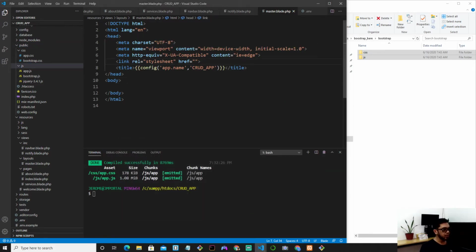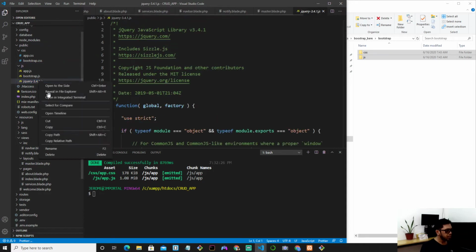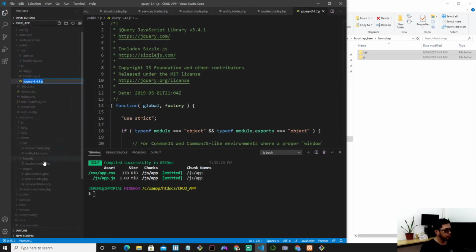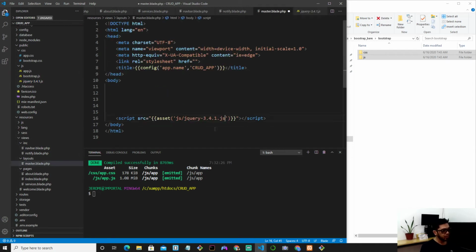The way we do that in Laravel is something like this. It's supposed to be asset, and then the link of the file, so css/bootstrap.css. We're going to do the same thing for the JavaScript. Over here we say script, and the source file should be something like this. Rename it to js because it's located here, and jQuery first, right? That's what we do. I just copied the entire name so I don't have to type it, and then I can copy all of this below and rename this